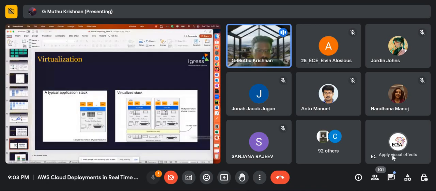Okay, where were we? So virtualization is another concept I want to simply touch upon. Virtualization is something like this: previously you had a CPU running with only one OS. If you have a Windows OS, you have Windows. If you have a Linux OS, you have Linux. That box doesn't have anything else. You can't have two different machines with two OSes on the same CPU. That is the typical